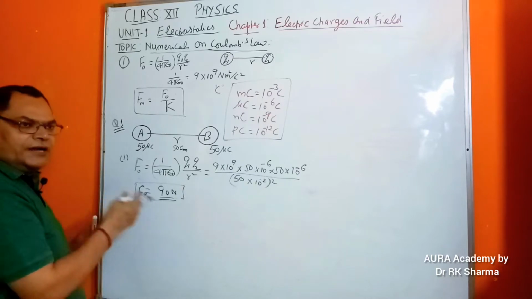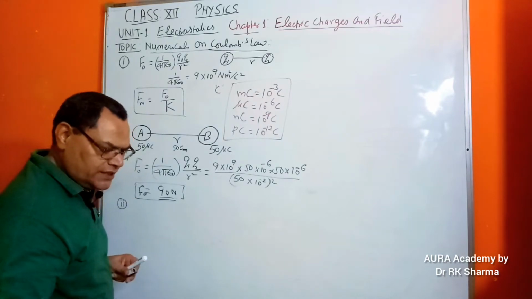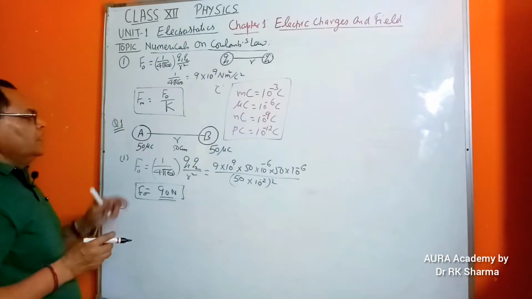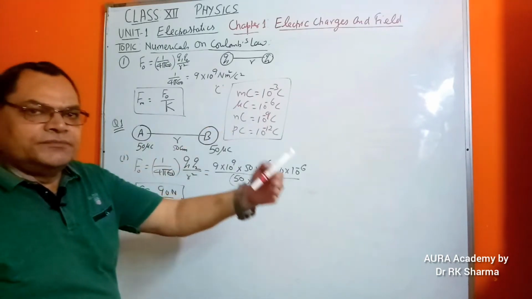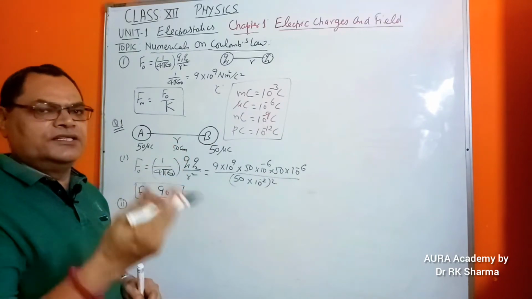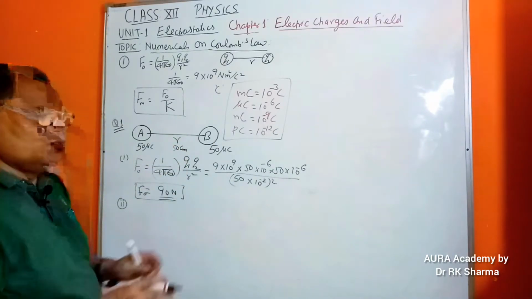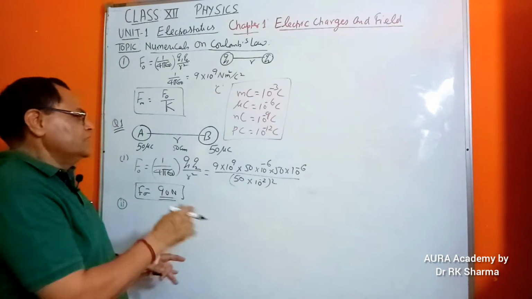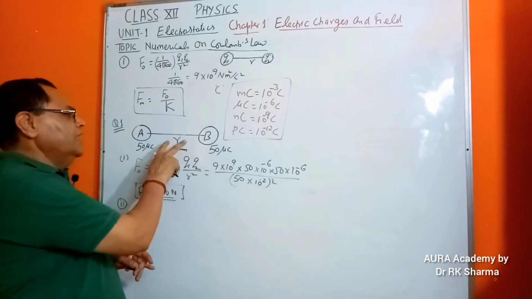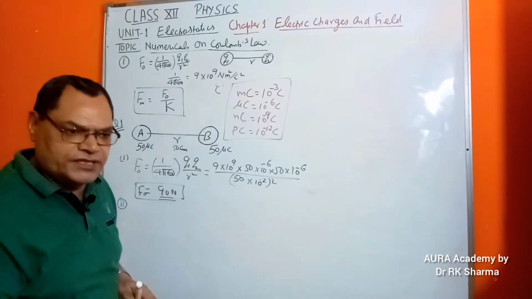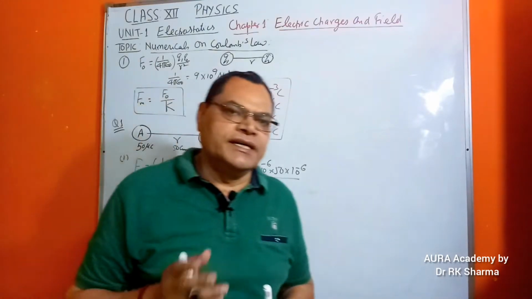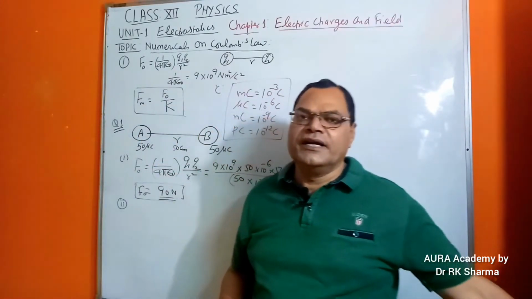Which type of questions are asked in competitive examinations? See how a question may say: if charges are doubled and distance is halved, find the new force. So one method is simple. You can simply say, sir, let us make them 100 each because they are becoming twice, and make this distance half, that is 25. Put the values again, get the answer. Agreed. You will get it. No problem at all.